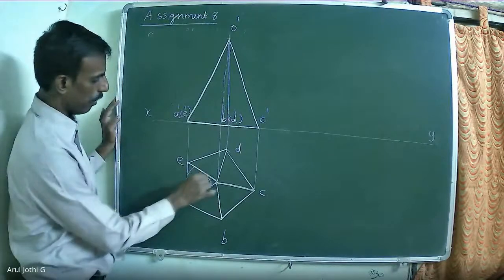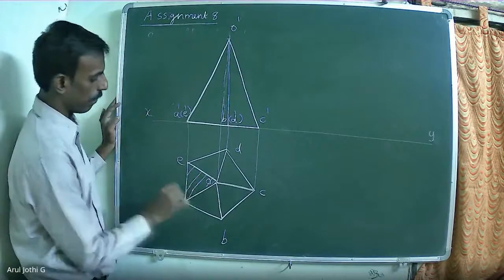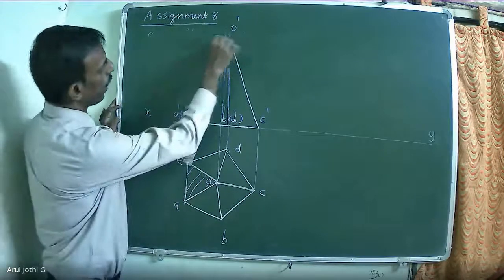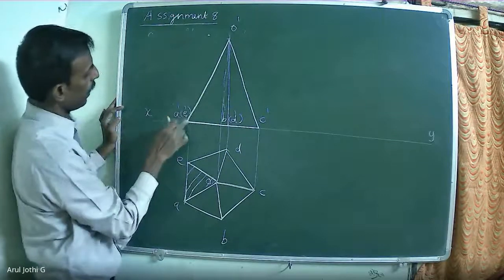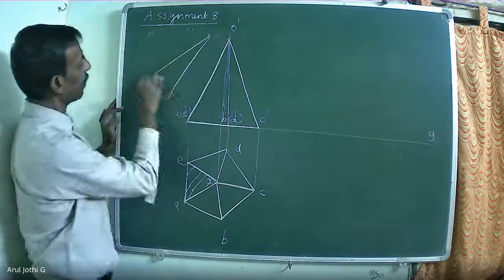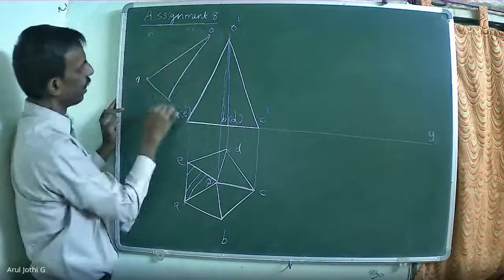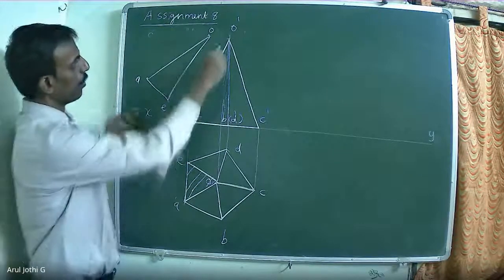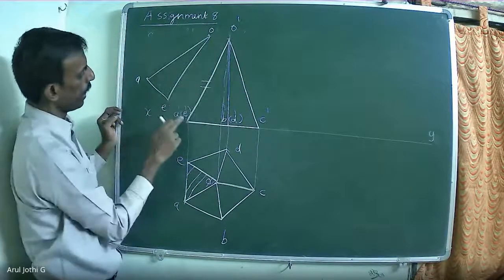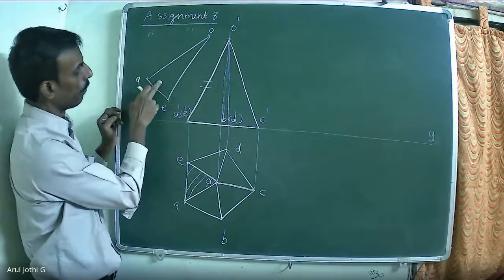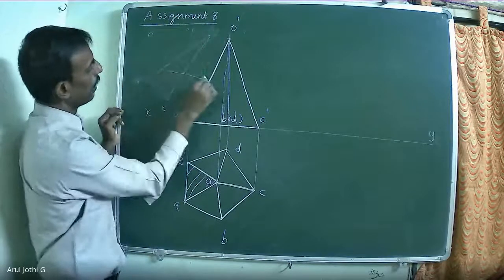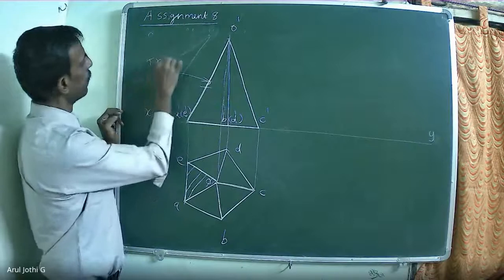Here you have one triangular face at the left side, for example OAE. The corner points O, A, E are available here, so that means it is a triangular face. OAE forms a triangular face. Three corner points are available on this line: O dash, A dash, E dash. That forms a triangular face. So this side is nothing but a triangular face.